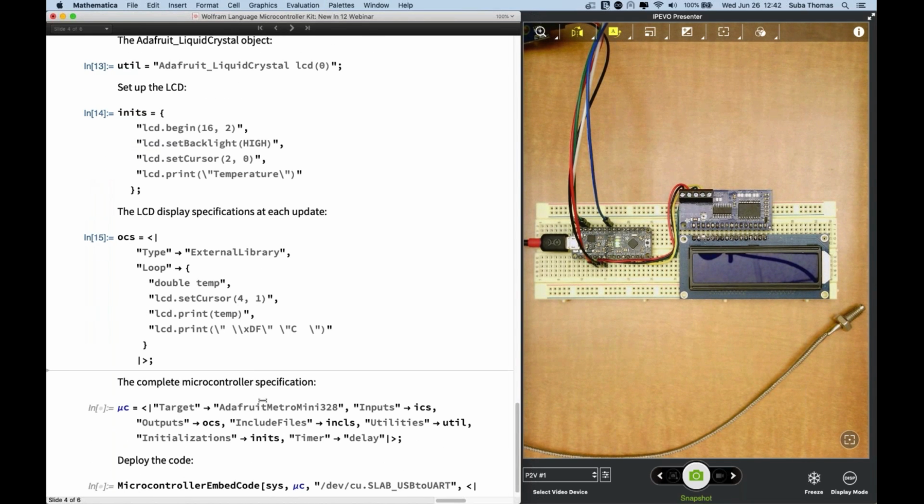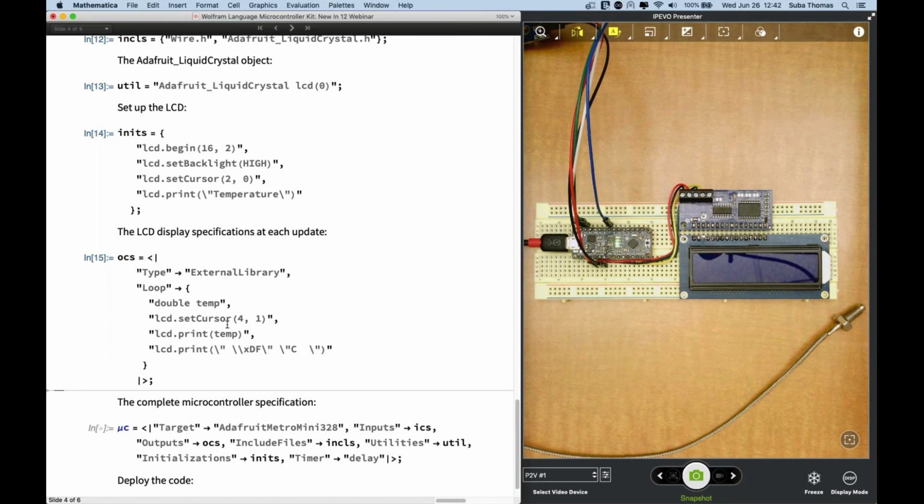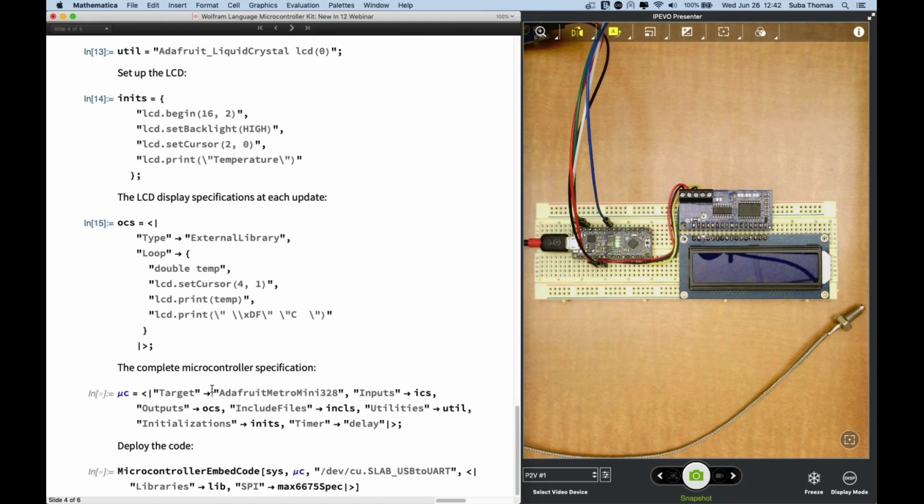So all this, the input, outputs, and everything we need, and all the utilities and initialization, gives the complete microcontroller specification. And now I'm ready to deploy the code. Here is where I use the fourth argument. In the fourth argument I need to specify where it can find the library and also the details about the SPI device. So if I evaluate that,